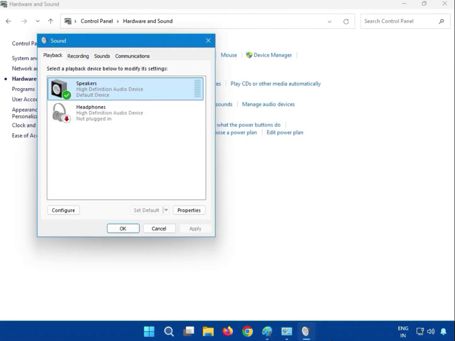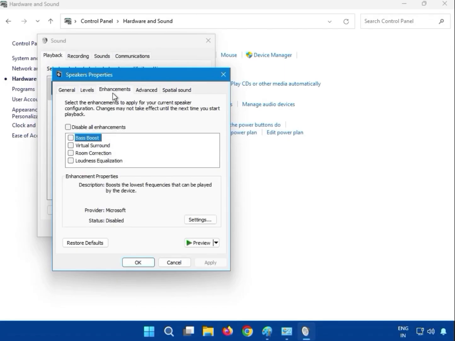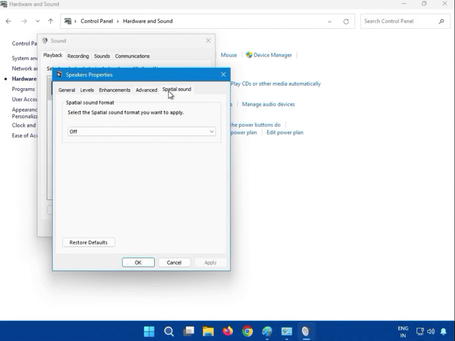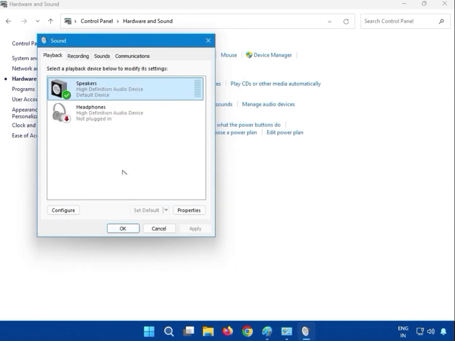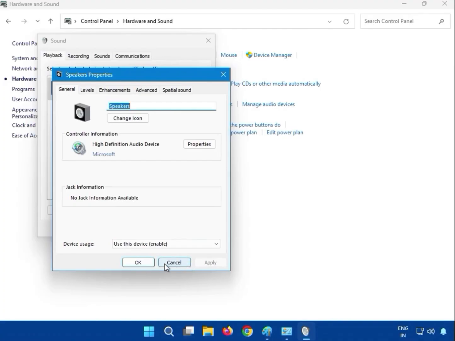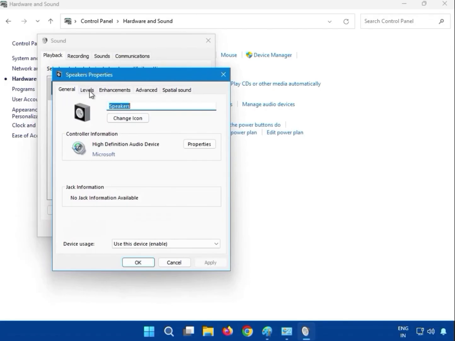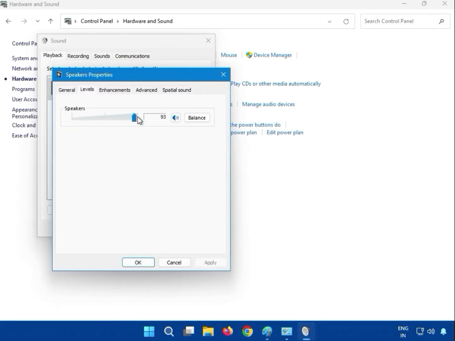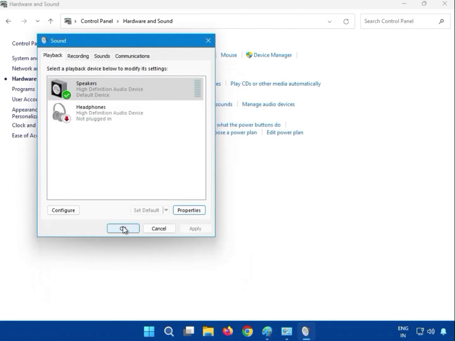Okay, then just double click and click on it. You can see the text here like that. Okay, click on properties. So guys, select the level 100%. Okay, and you can see here balance is on 100%. Okay, and then okay, and then okay,